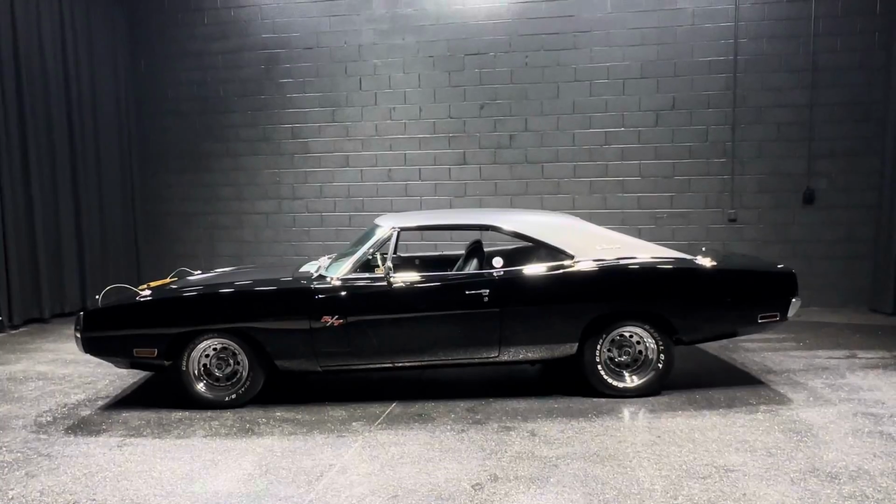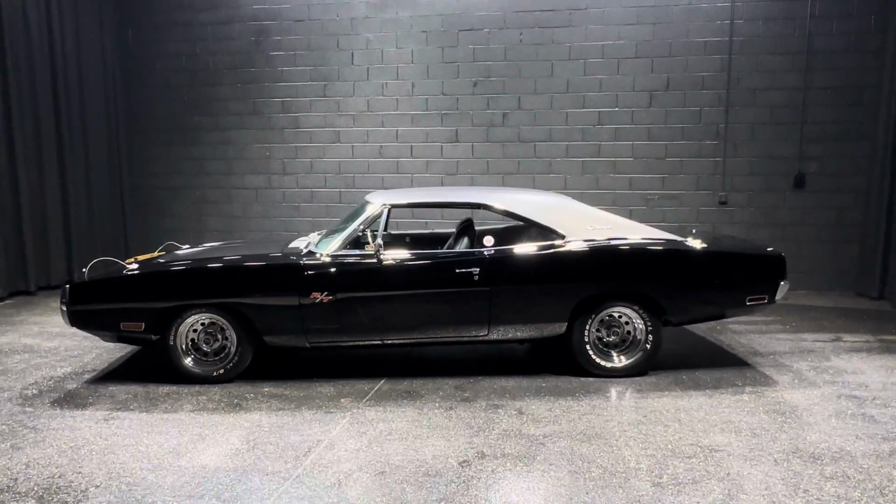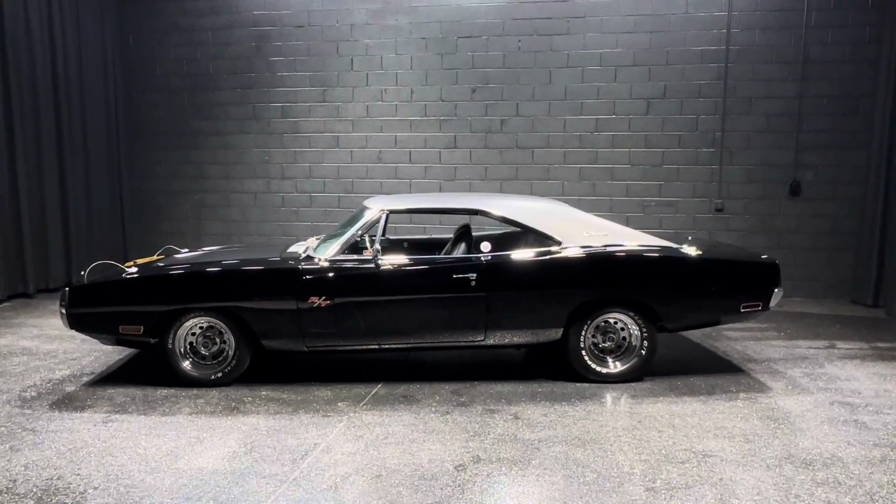And again, like I said, we got the original title to the car, and this is a one owner documented triple black RT. Give us a call,